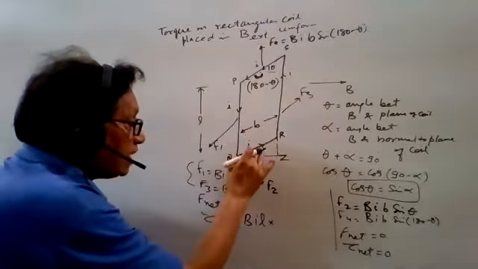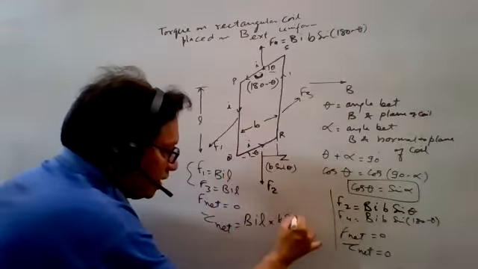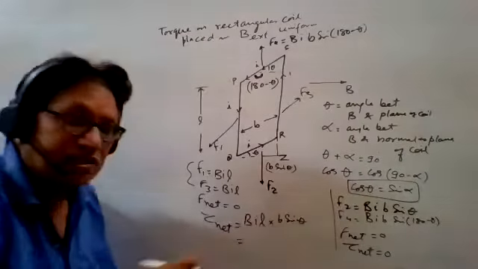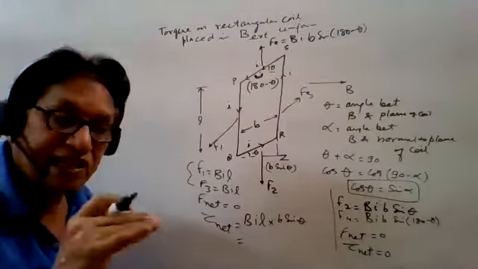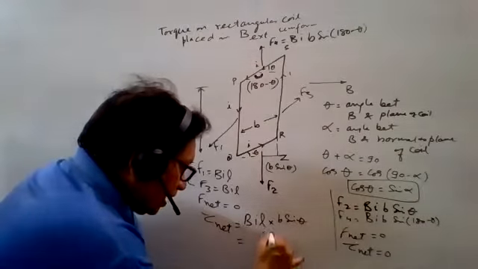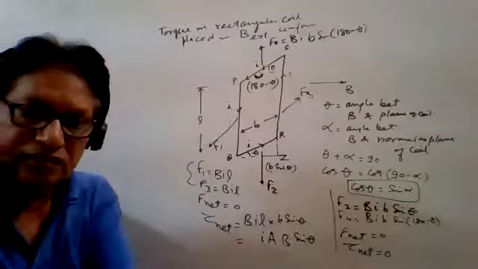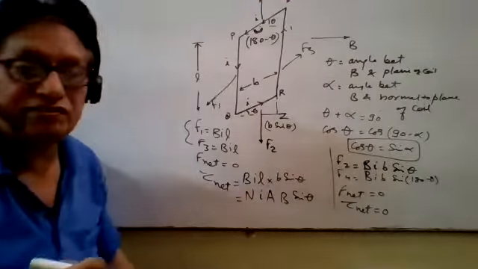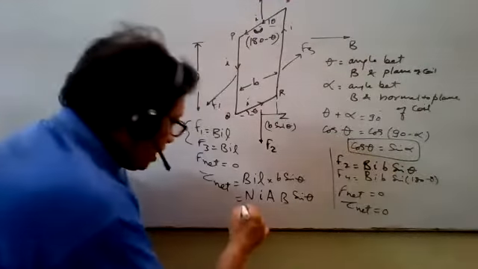This is B and this is theta, so you can say QZ is B sin theta. Put it here: BIL times B sin theta. L into B is the area, length into breadth. We replace L into B with area A, so you get IAB sin theta. For simplicity we have taken a single turn; if you take n turns, then NIA is, as we discussed yesterday, called the dipole moment m.